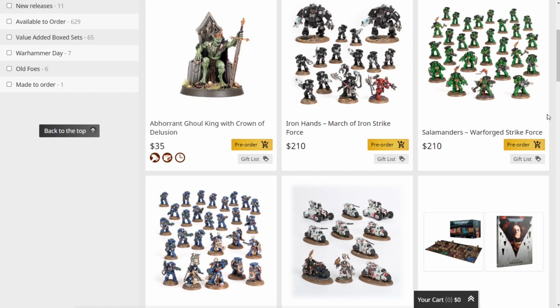I suspect what happened was Games Workshop was expecting to release all 6 of the Space Marine Battle Forces either with the Christmas Battle Forces or afterwards, and then realized it would make a lot more sense to do a couple of them with the Christmas Battle Forces so that you have at least some Space Marines so people aren't wondering what the heck is going on, and then the other 4 afterwards so that you don't just have too many all at once, because there were already 8 Battle Forces for 40k, and having another 4 on